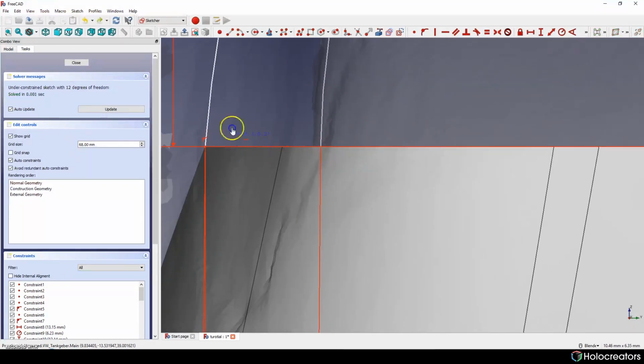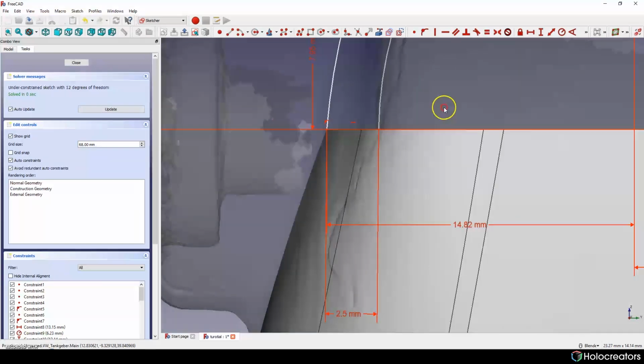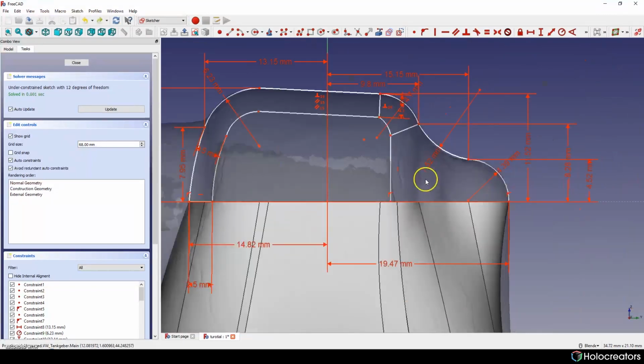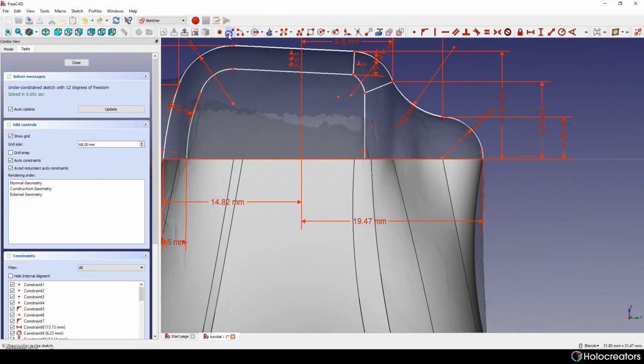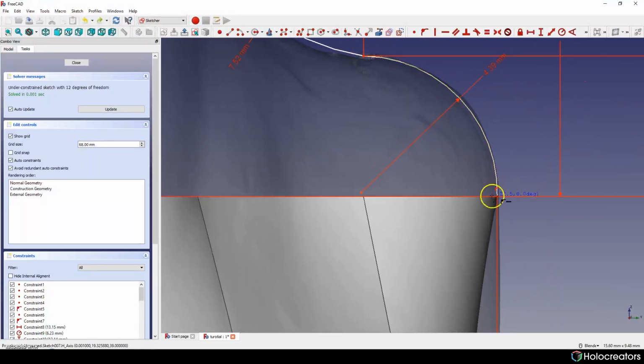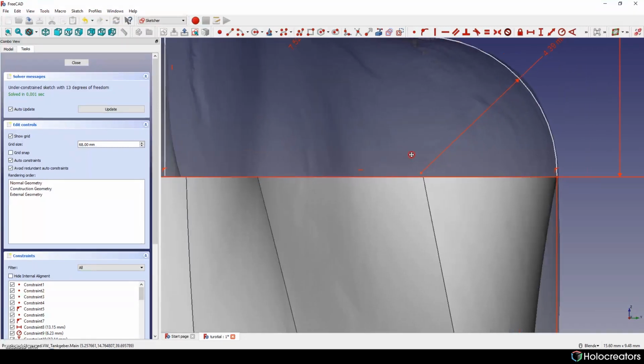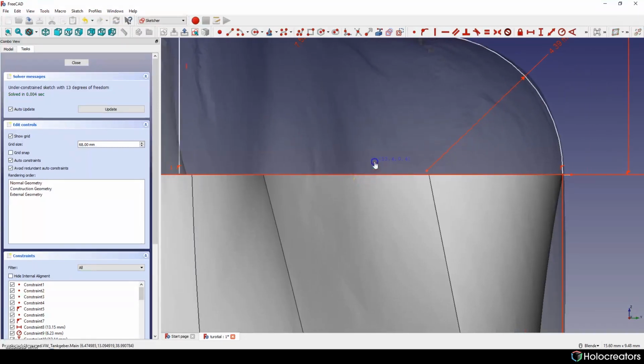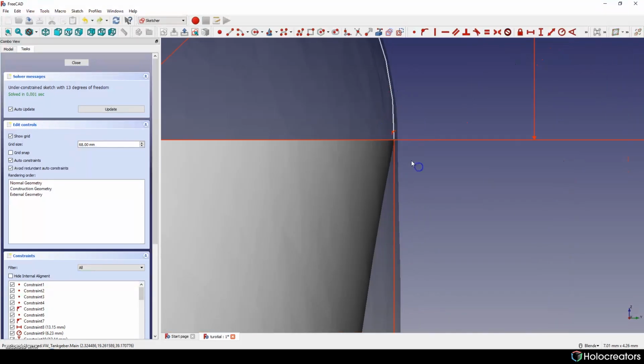Let's check if everything works fine. Yeah, and this. Next. I will close, but it's not closed. Okay.